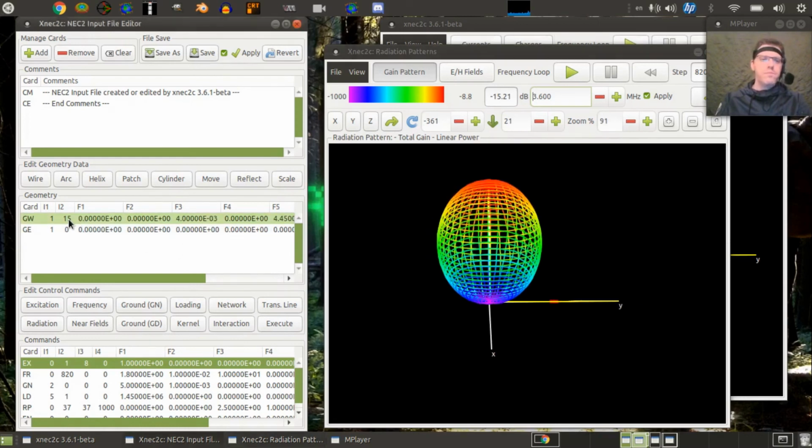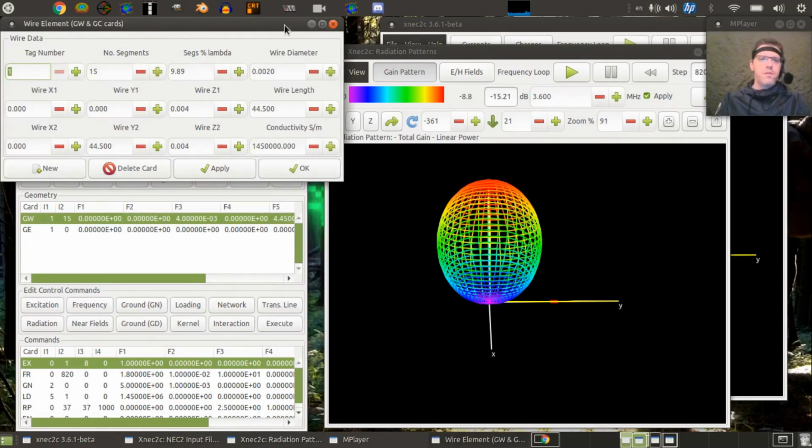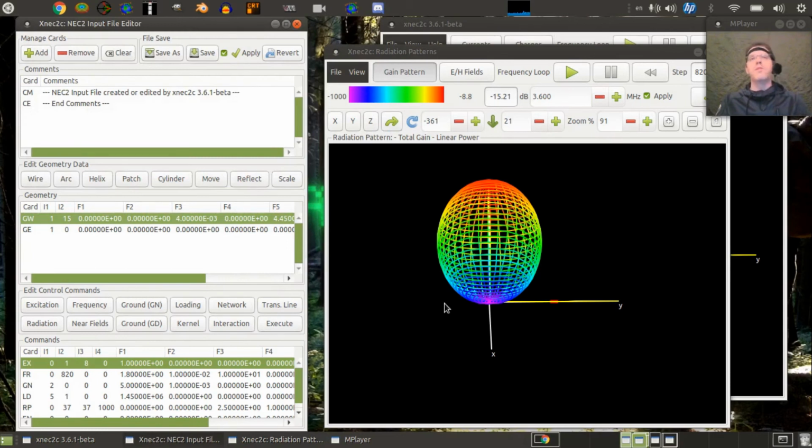So yeah, this is possible, but you cannot feed it with coax in this case because of very ridiculously high standing wave ratios. So you have to use ladder line to do it, and then you need to have a transformer or something that could actually work with this. In the antenna tuning unit, an antenna coupler that you use with a ladder line